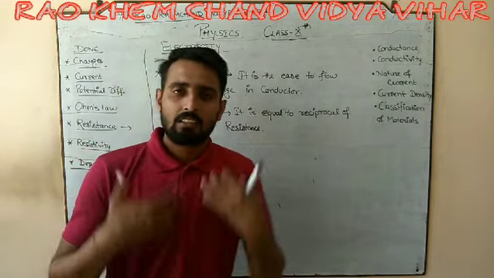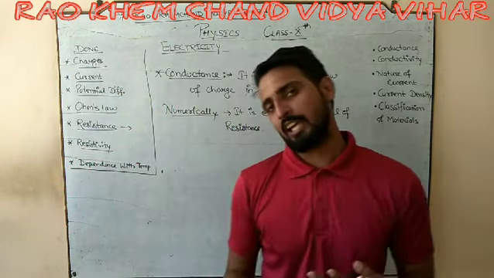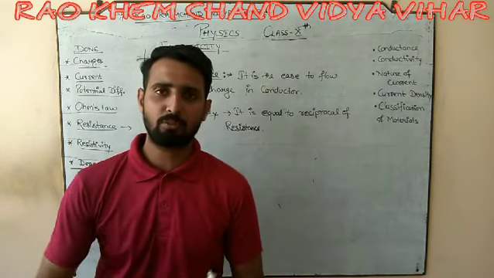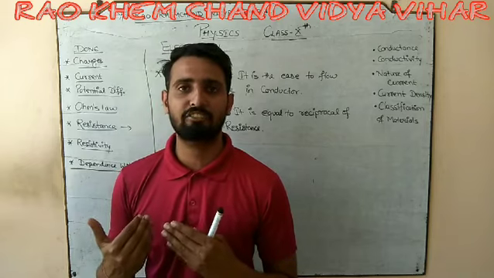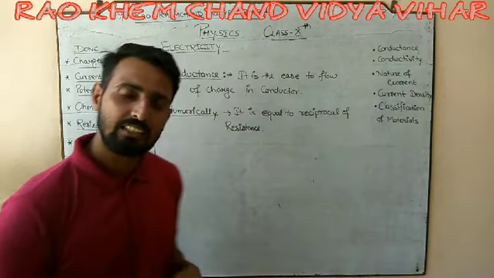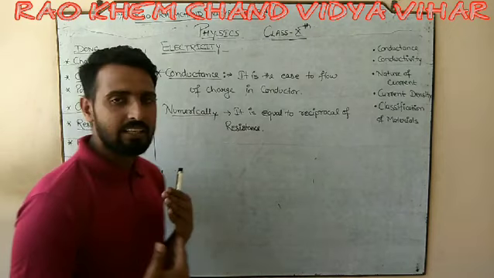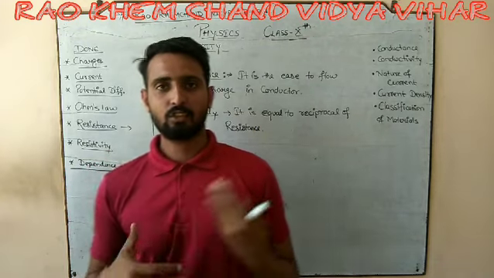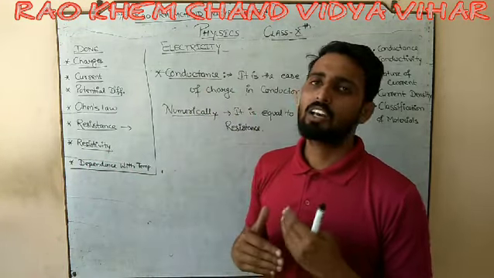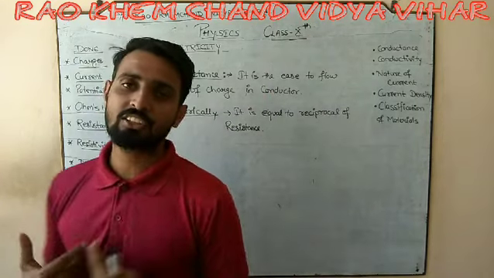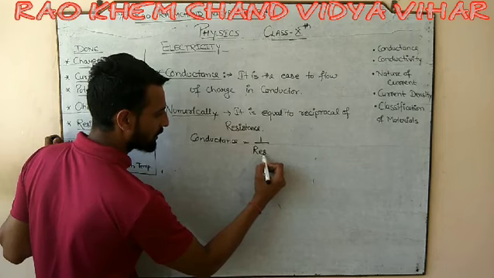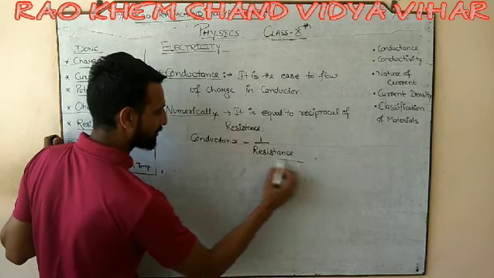So both are defining the movement of the charge through the conductor, but in a different manner. Resistance is defining how much opposition you face in flowing, but on the other side conductance is defining with what ease you are moving. So when we talk about how they are being related in a reciprocal manner, if you have more opposition, the ease of flow will be less, and if you have low resistance, the ease would be high. So you can say the conductance is equal to 1 upon resistance, meaning the reciprocal of resistance.